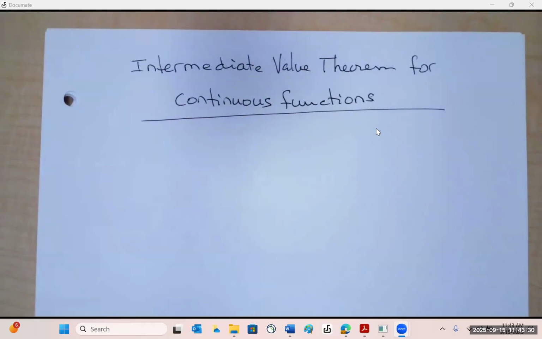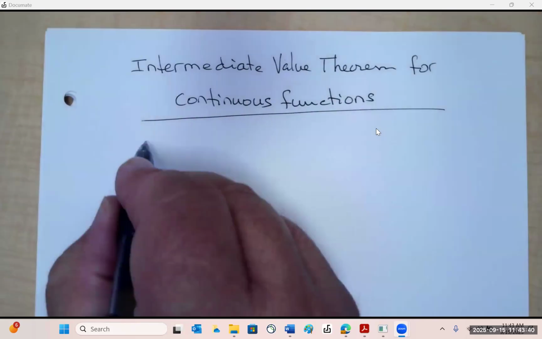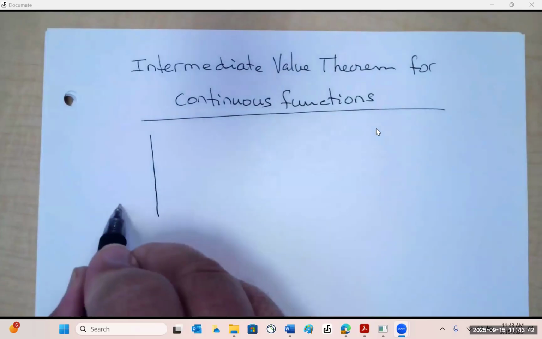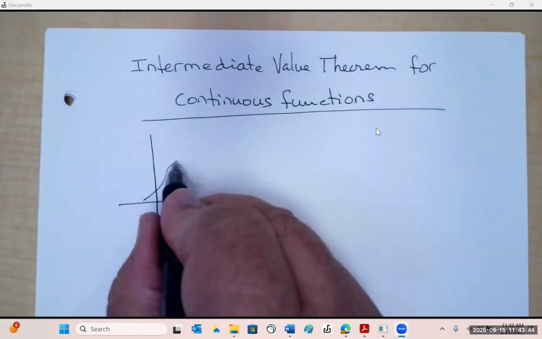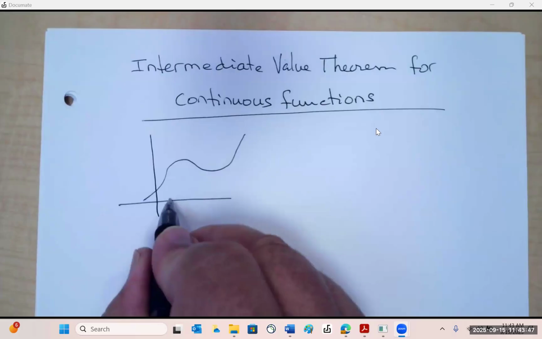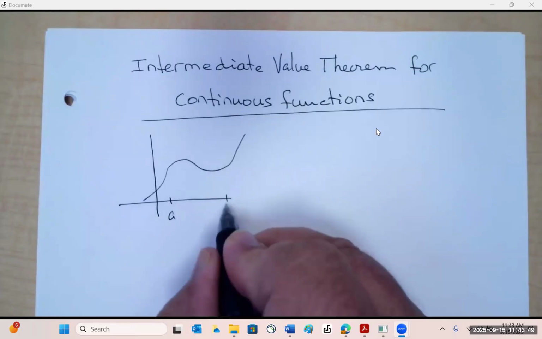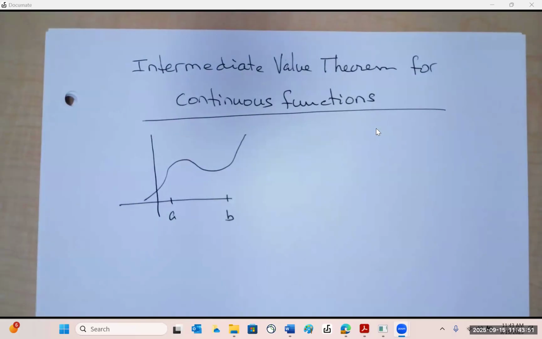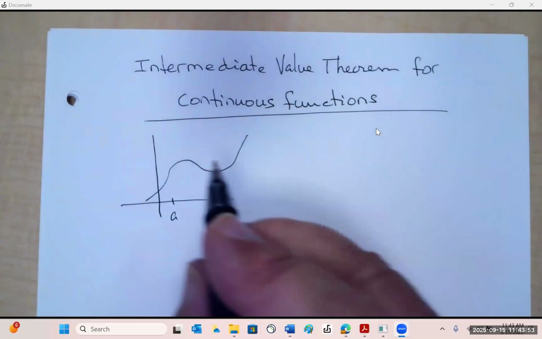Does anybody remember what the intermediate value theorem really talked about? Remember, if the function is continuous, then any interval you pick